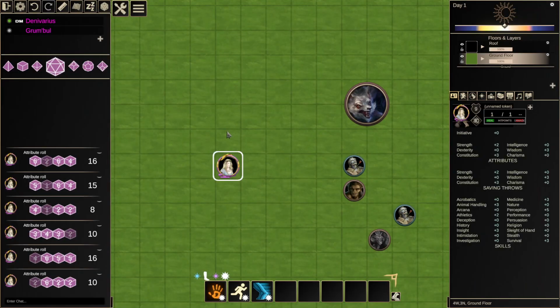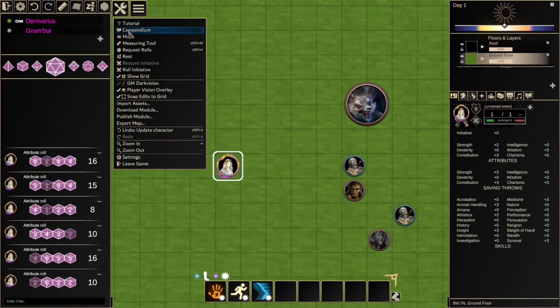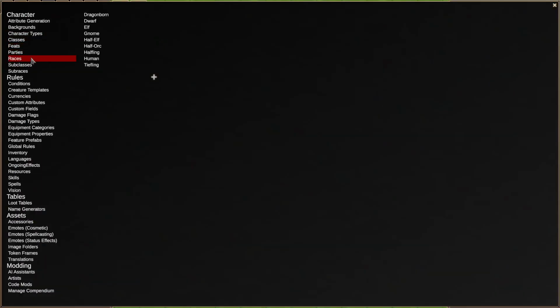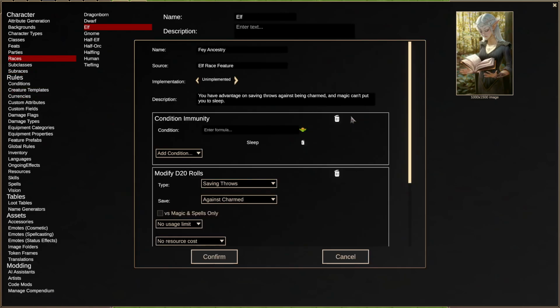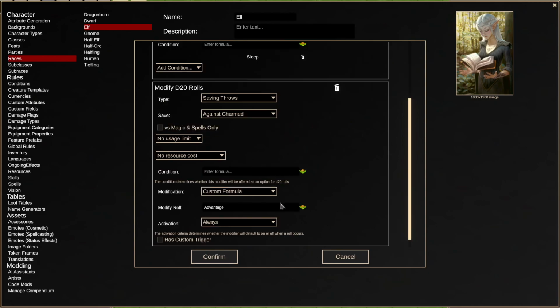I will mention that if you're not happy, for instance, with the selection of races we have by default, you can make your own in the compendium. Everything is completely customizable, so you can add new races, and you can completely customize them. You'll see these are all of the features she has, and I'm not going to dig into the details of how to customize in this video. That would take at least one, probably several more videos. But I will say that it's all pretty discoverable, so you can often click around and work out how things